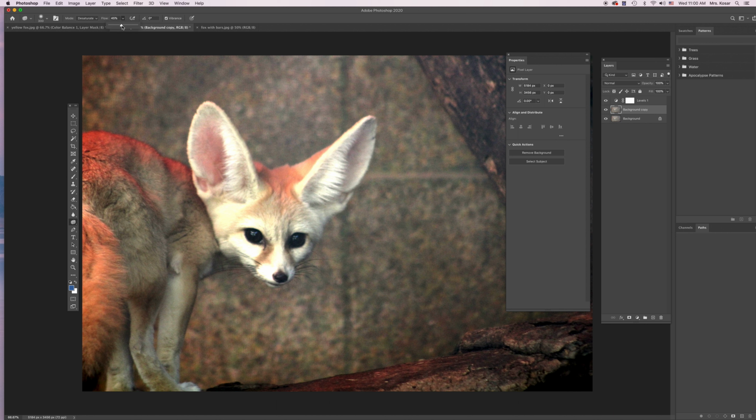I'm going to bring my flow up a little bit higher. And then I'm going to come down into those red areas and I'm going to start painting over those red areas. So I'm actually making these areas gray, which isn't natural, but it looks a lot better than the red. So I'm going to make some adjustments that way as well. And there's other ways to make color adjustments. And we probably don't want to take all of that color out of there, but you can kind of see